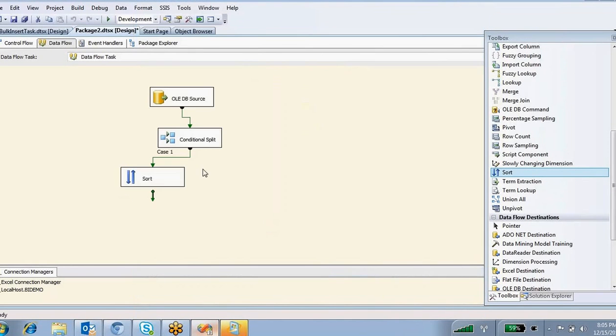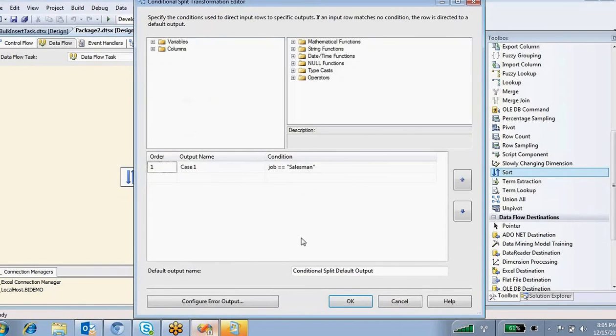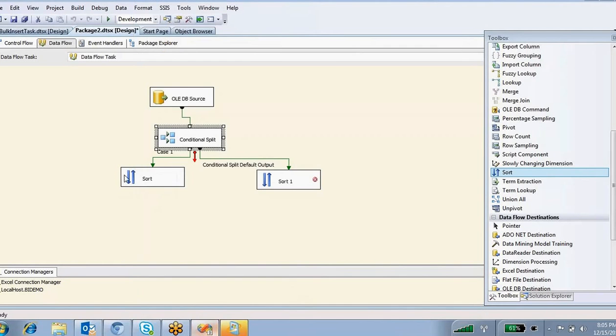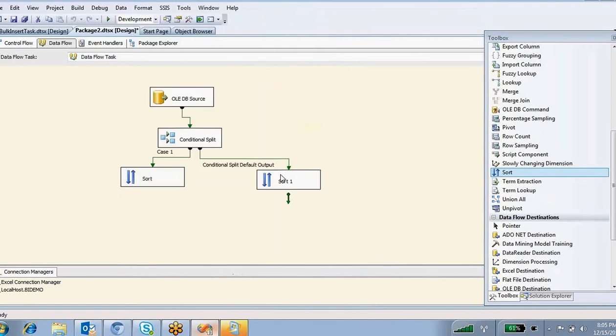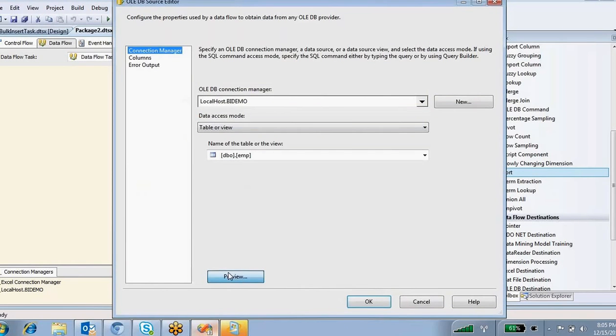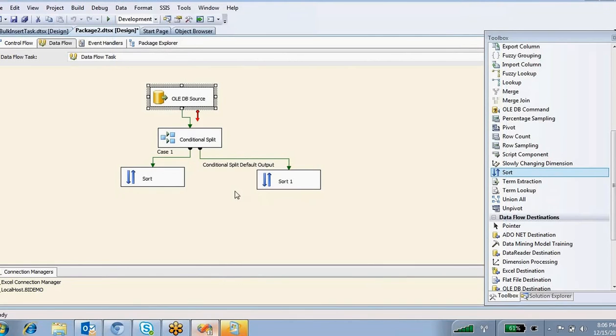Then for the default output, I'm going to take one more sort transformation, so the remaining data other than the salesman data comes this way. Okay, we'll check. Spelling is correct.